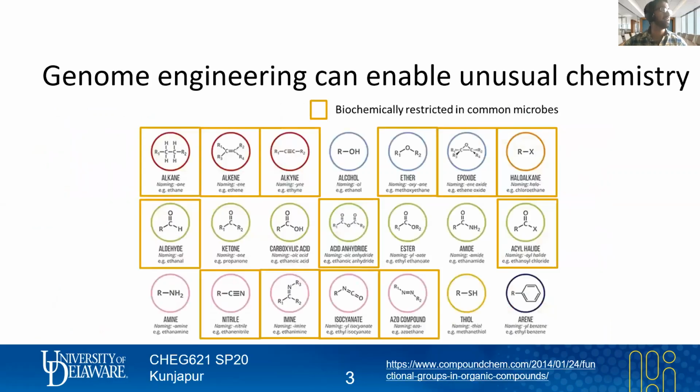Where we left off last time was this idea that genome engineering can enable unusual chemistry. I think last time I concluded describing these 21 different chemical functional groups that are involved pretty heavily in organic chemistry, and how the different functional groups boxed in gold are biochemically restricted in common microbes. And so what I'd like to do for most of today,